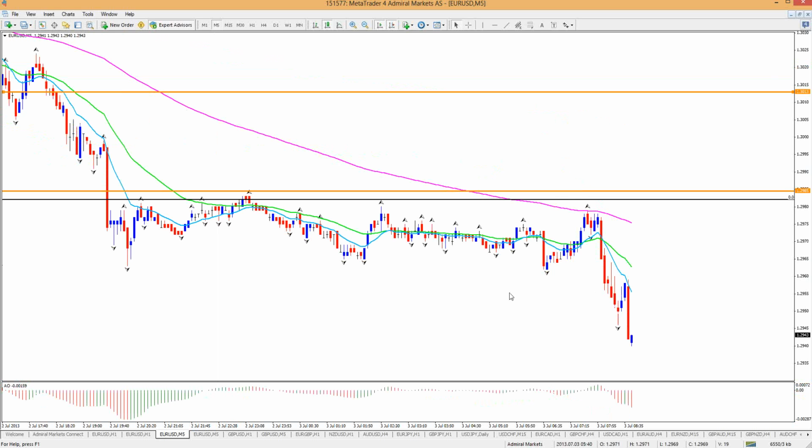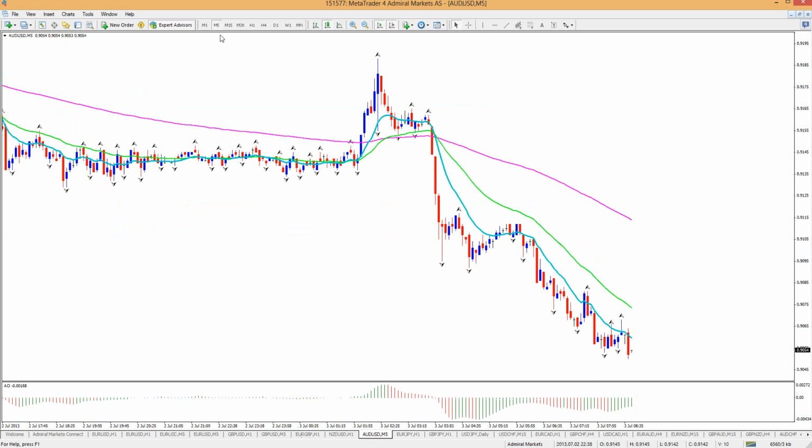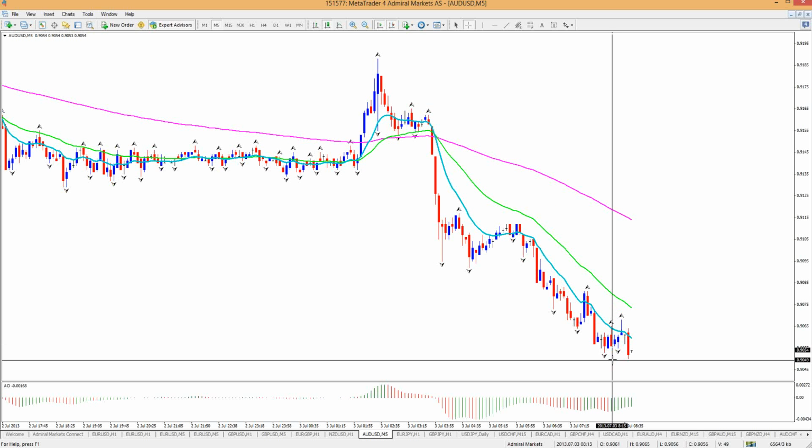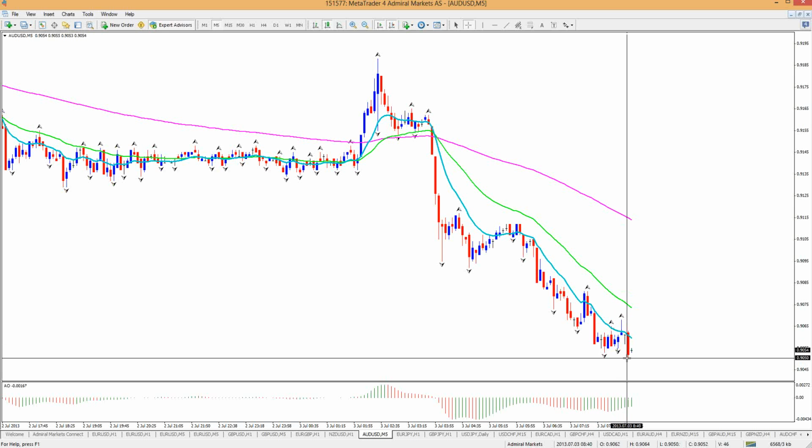And wow, that euro sure is falling. We did have a small pause here, but it keeps on moving down. So maybe the Aussie is moving down as well. Yep, the Aussie made a good new low, although it was the 7th candle, I think. Let's take a look. 2, 4, 6. Yeah, it was the 7th candle.